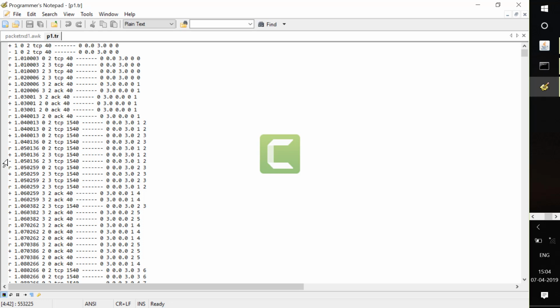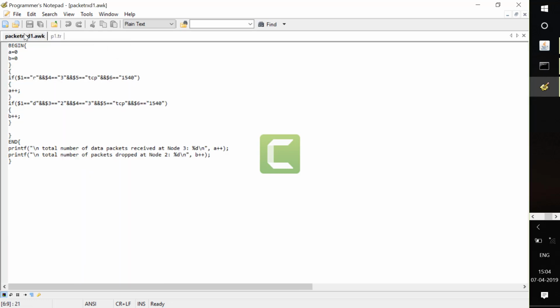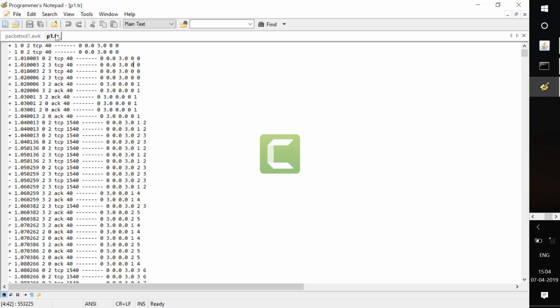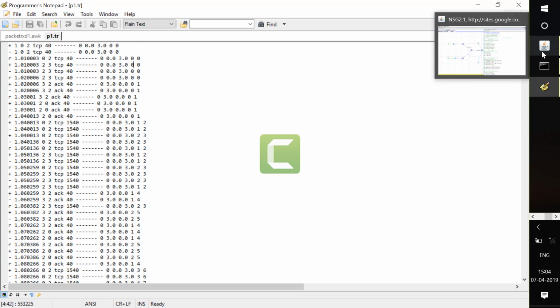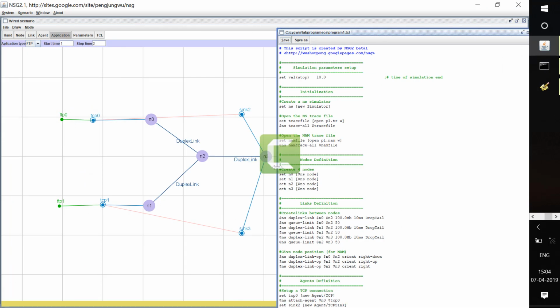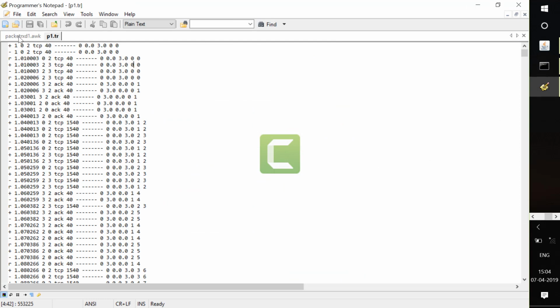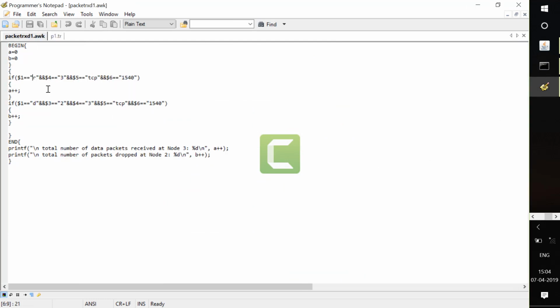So for us, these 4-5 columns are necessary to generate the values here. How to calculate is, whatever packets are received, or whatever packets reach the destination. You can see there R is one packet received. We need to calculate the network performance. The packets that are sent between 2 to 3 will reach the destination. Here I'll make certain modifications in this.